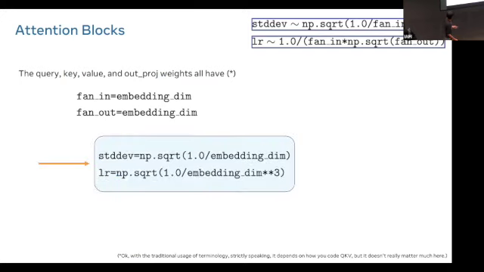This is just hedging. If you plug this into the formula up above, the standard deviation is square root of 1 over embedding dimension, which is well known to be a sensible thing to do. The learning rate should be 1 over square root of the embedding dimension cubed. That's because if you plug the embedding dimension in, there's a factor of embedding dimension times square root of embedding dimension, so you have a cube inside the square root. So far so good. Even at 10 a.m. we can do this.